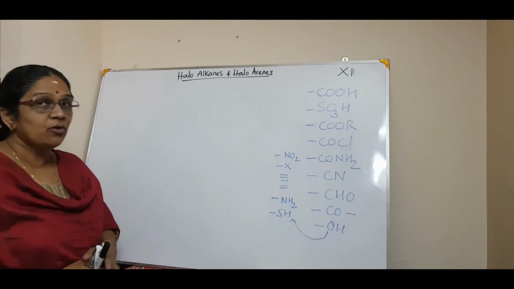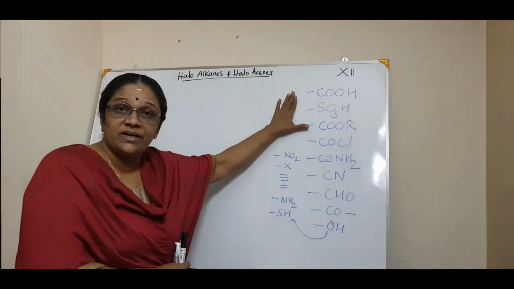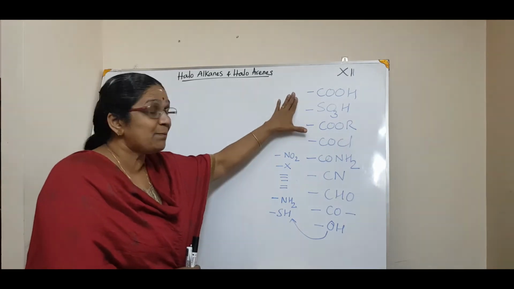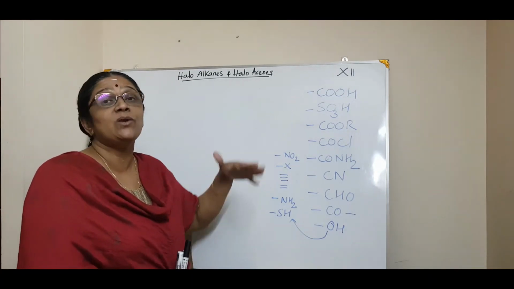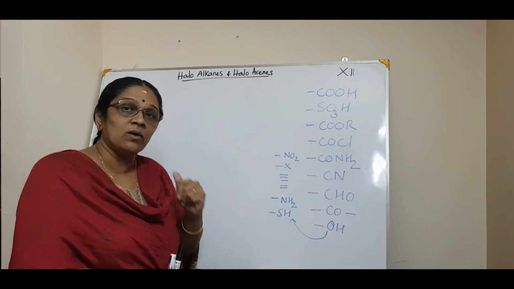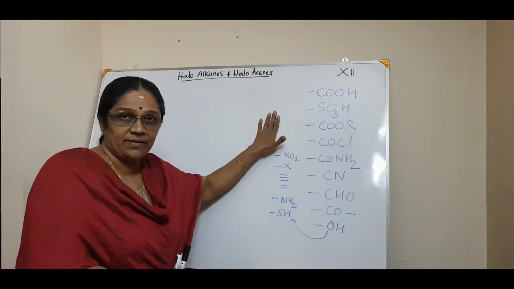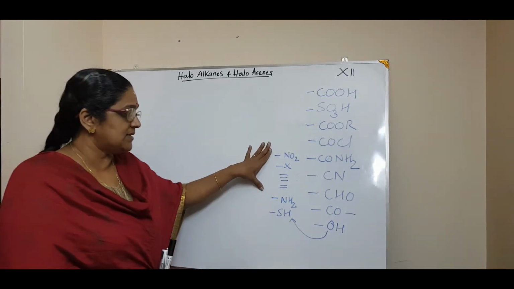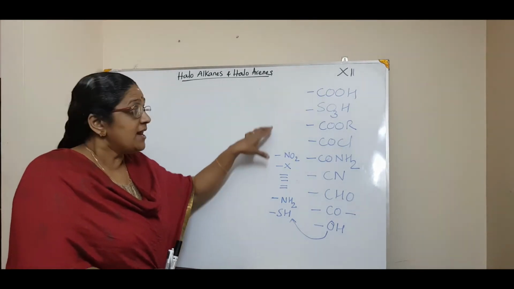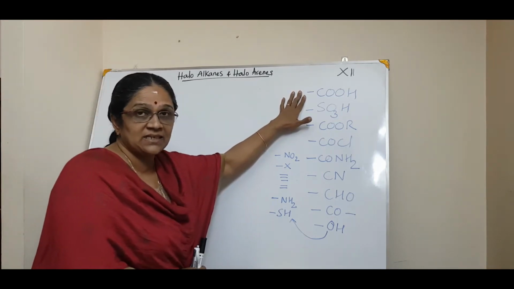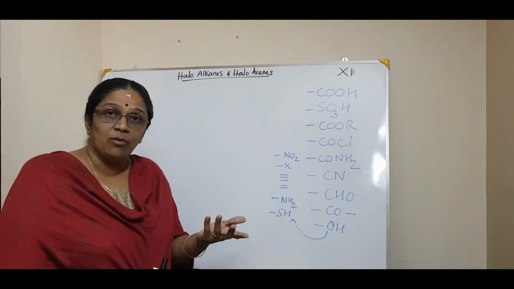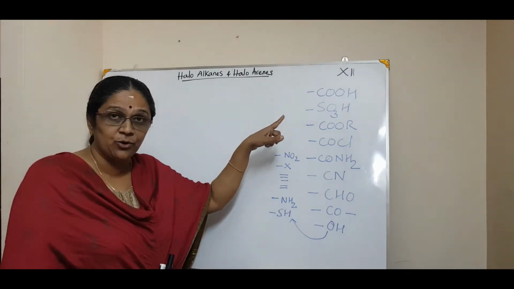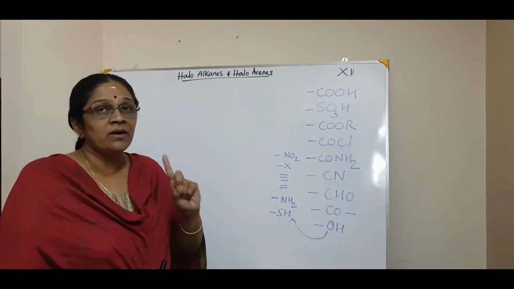Okay. Now before going into that, you have to know the priority list. This you have studied last year. That is, what are the priorities of the functional groups when you come across them while naming an organic compound. This is very, very important. So please note it down in your notebook. Wherever it is necessary, you have to apply it. The first priority is carboxylic acid, which means if carboxylic acid is there in an organic compound, it is a carbon containing functional group, so that must have a lower number.